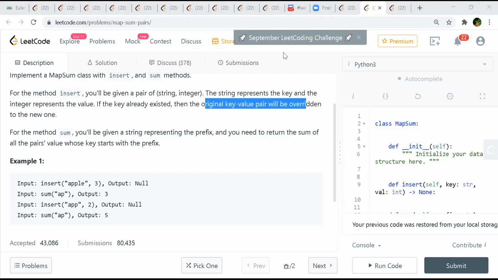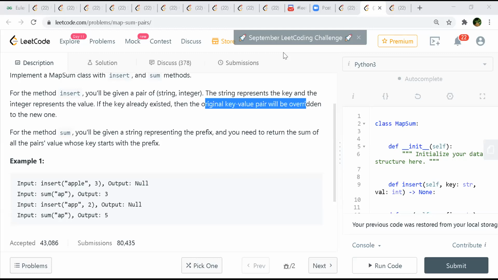Yeah, Harshit, go on. I'm saying that every time we get this sum function, we get a string, right? So we'll have to look for all its prefixes, whether they are already there in my map or whatever structure I'm using.